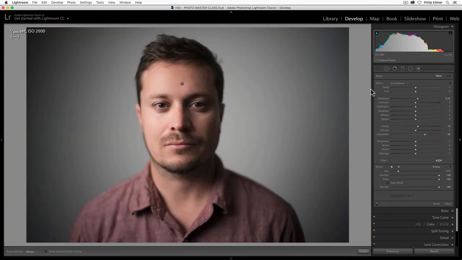So that's how those preset effects work, and you can find those in any of these: the radial filter, the graduated filter, or the brush. Awesome. In the next lesson, I'm going to be showing you how to use the range mask, which is a newer feature of Lightroom that is really cool for pinpointing a specific color or exposure within one of these brushes to make your adjustments to.